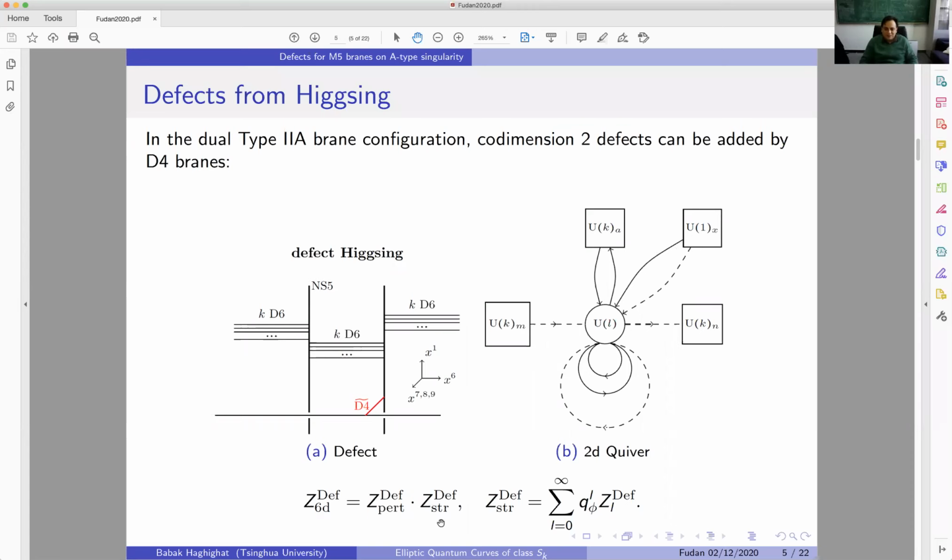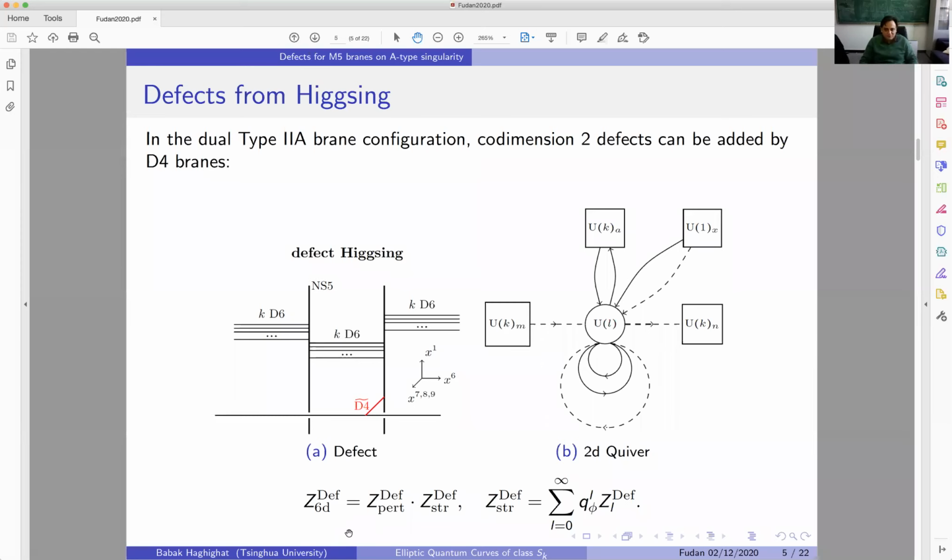So I will say in a minute how these look, but basically the 6D partition function in the presence of the defect will have a perturbative piece. And then, as said before, this is completely analogous to the previous story, a piece coming from the strings, which is the sum here. So L is the string number. So these strings are kind of instanton contributions. And the Z_L here are these elliptic genera of this 2D quiver. Okay. So in the following, we need to compute these elliptic genera, sum them over, and then obtain the defect